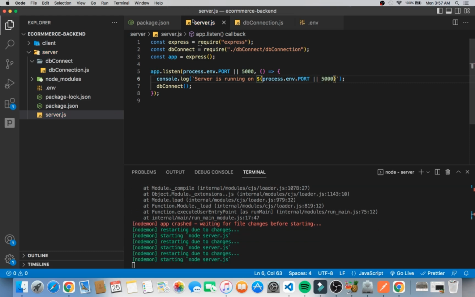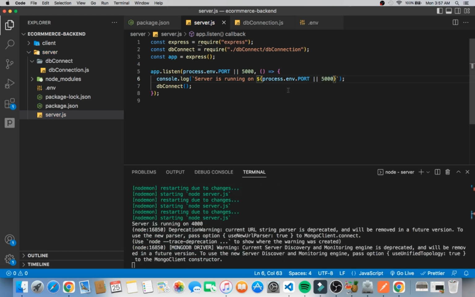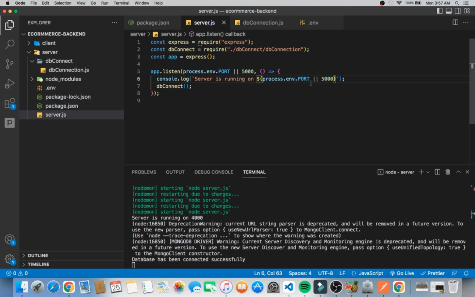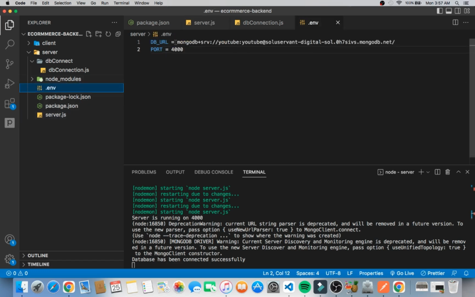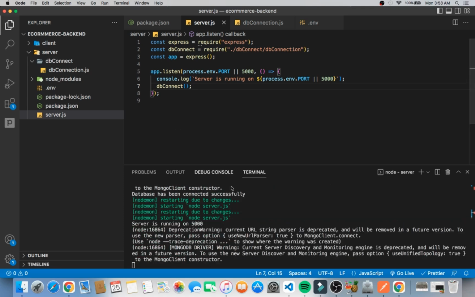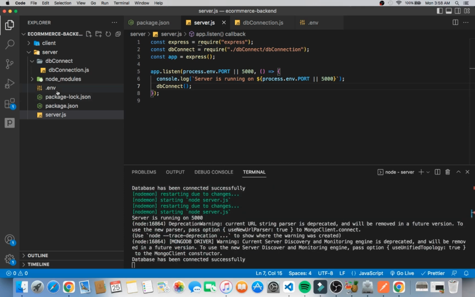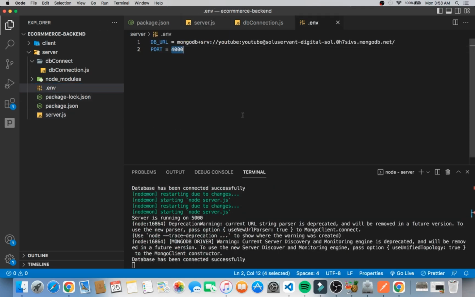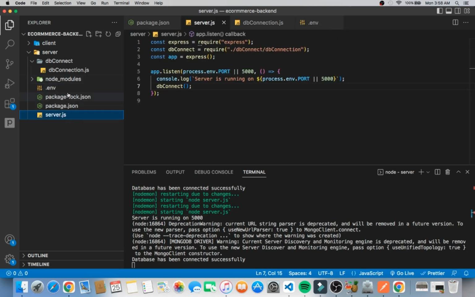So if process.env.PORT is available, print that out, but if it's not, then give us 5000, right? So if I clean this and I try again, I should get 5000 obviously. So yes,